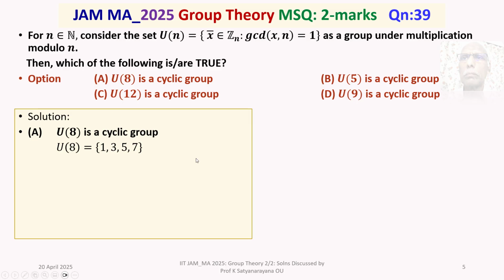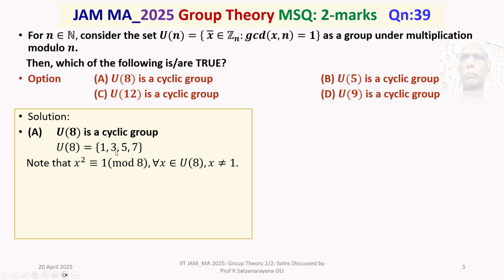Now a clear observation will tell you 1 square is 1 modulo 8. 3 square, 9, is congruent to 1 mod 8. 5 square, 25, is congruent to 1 mod 8. 7 square, 49, 8 sixes are 48, is congruent to 1 mod 8. Note that x square is congruent to 1 mod 8 for all x belongs to U of 8. Further,